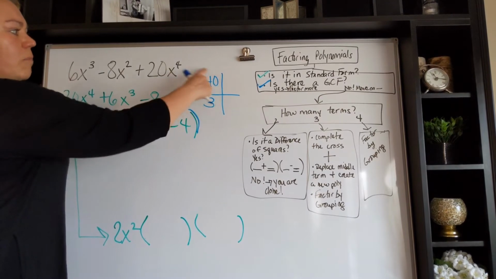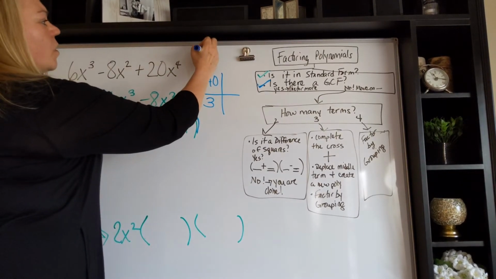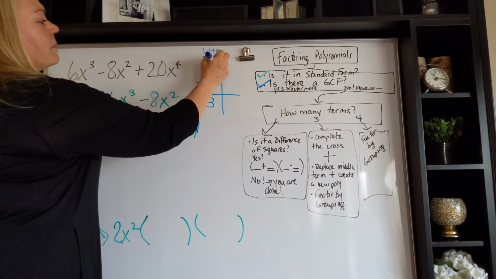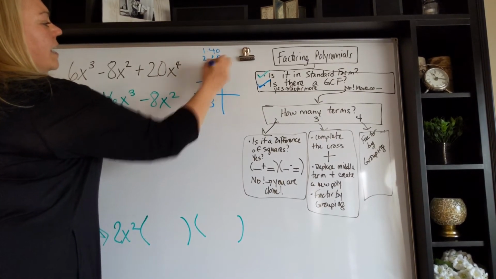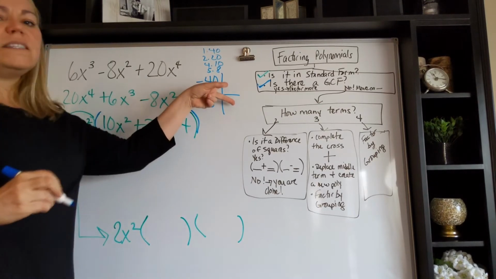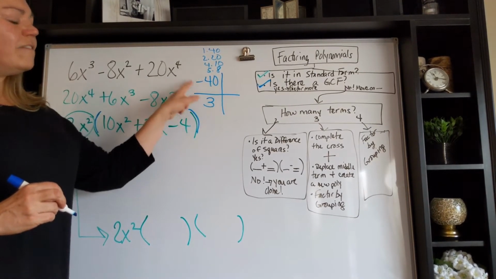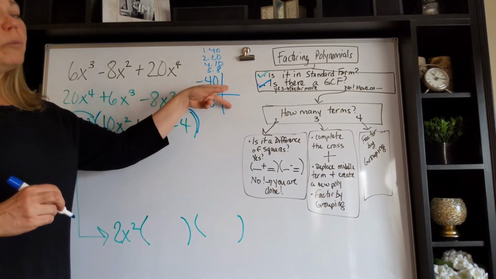I'm trying to multiply to be 40. So I know that there's 1 times 40, 2 times 20, 4 times 10, and there's 5 times 8. The next part of this, when I'm filling in these numbers here, I know that I need to multiply to get a negative number. That tells me a lot about my numbers over here. It means that